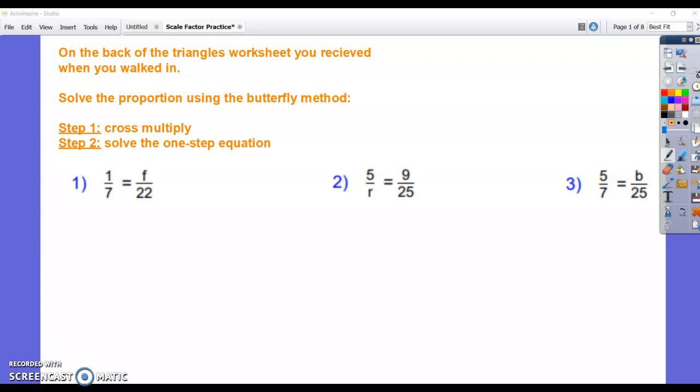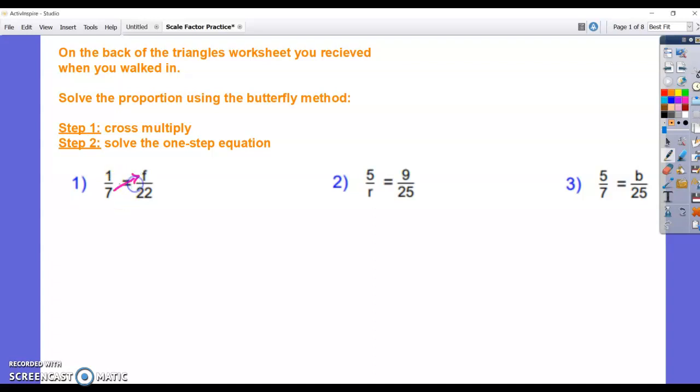Today you were asked to solve these proportions using the butterfly method. So we're going to go over that butterfly method today. It's just one of the options that we have when we're dealing with scale drawings or proportions, things that are equivalent to each other. So I would always multiply